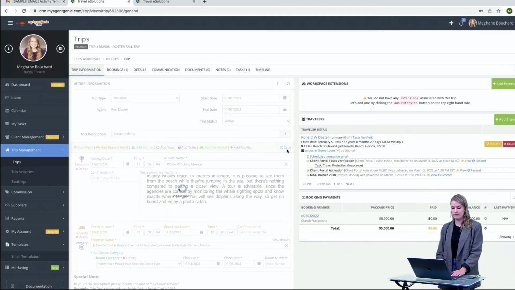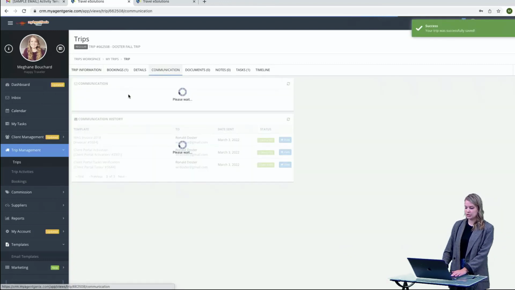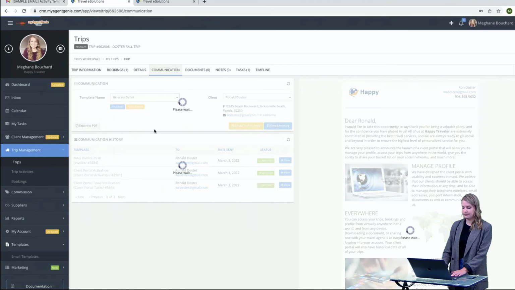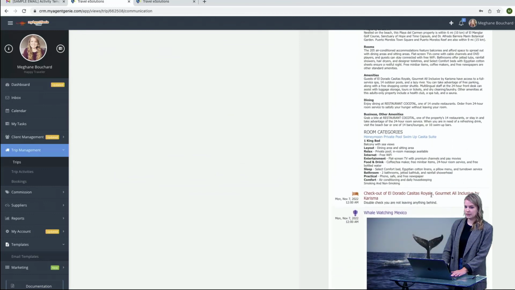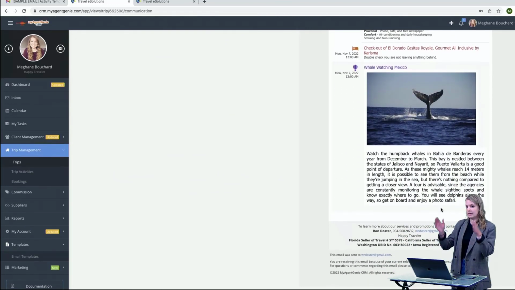I'm going to hit save, and just to show you the overall look, if I go to communication, itinerary email, here it's going to pull while the property was already in there, but it's also going to pull my activity and it's going to fit within that template. So that's why it's very important that your image isn't larger than 400 pixels, because it will fit perfectly